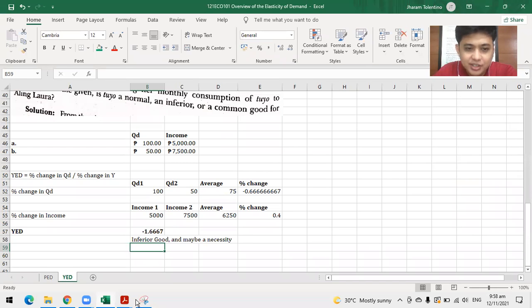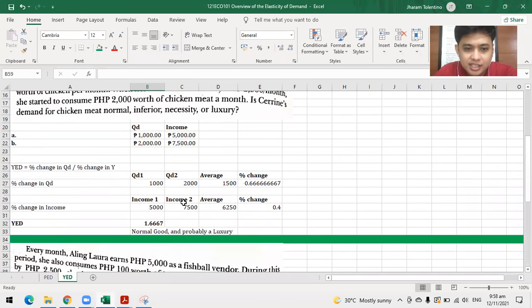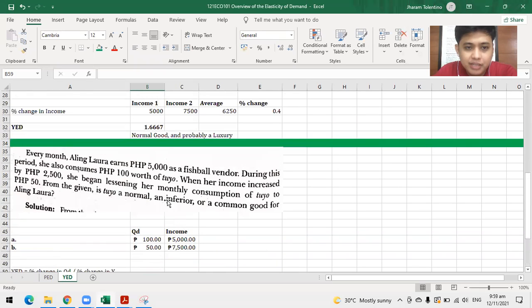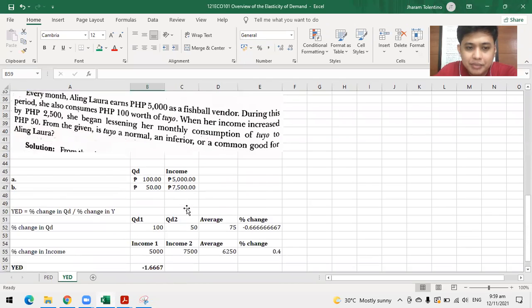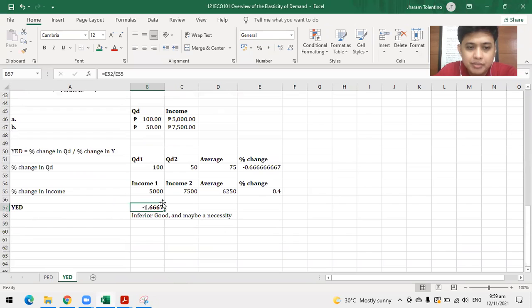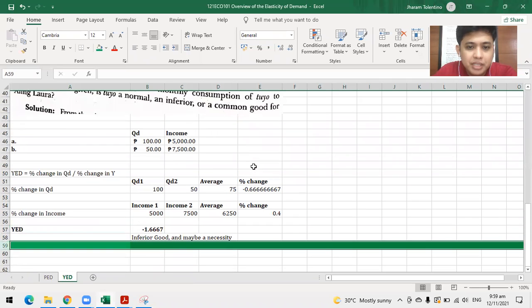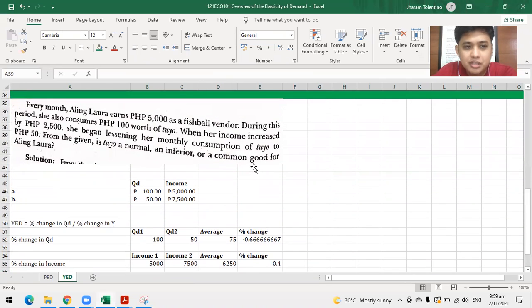Okay, so check natin. So, ito yung kabaliktaran nung nasa taas. Okay, it's a normal good and probably a luxury item. Dito naman, kasi binawasan na niya, from 5,000 naging 7,500 yung sahod. Instead na i-double niya yung consumption niya, binawasan niya ng 50%. So, we have a negative income elasticity. So, it's an inferior good and maybe a necessity na lang, nandiyan na lang yan, binibili na lang